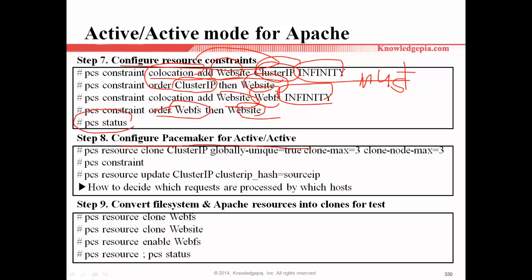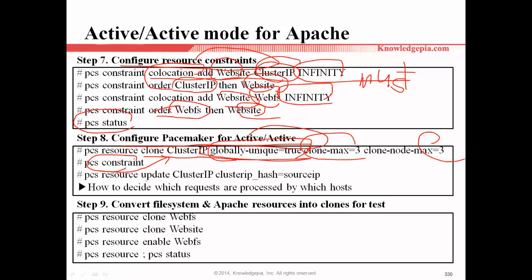Configure Pacemaker for active and active. Here, resource clone the cluster IP, globally unique. So even if we are using the same floating IP address, in my case 80.50, this must be globally unique, with clone-max 3 for the 3 nodes. And the constraint: if we want to see the constraints, we can use this command.